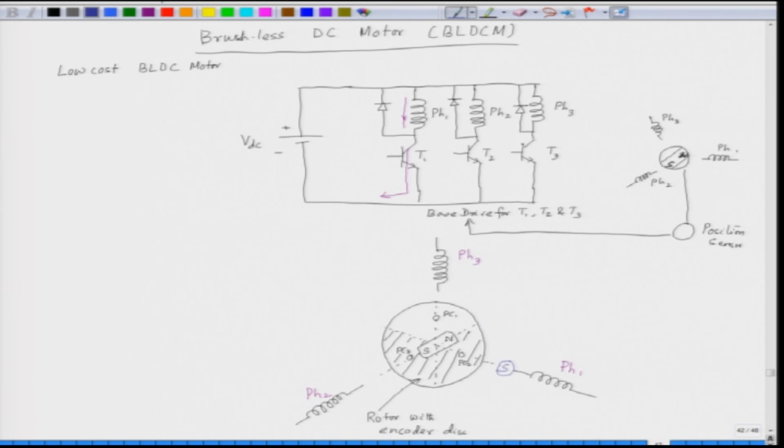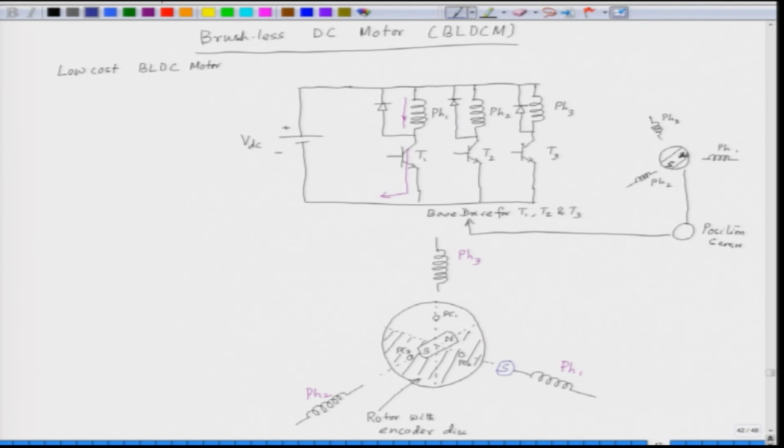So, the rotor magnet will move. The disc is fixed to the rotor and the magnet is also fixed to the rotor. So, when the rotor rotates, the disc also rotates. The disc has some opaque region and the opaque region will also move, and the photocoupler which was outputting a 0 signal will give us a 1 signal. So, once we create a south pole here, the north pole will be attracted and the rotor will try to move towards the south pole. So, the motion will be clockwise.